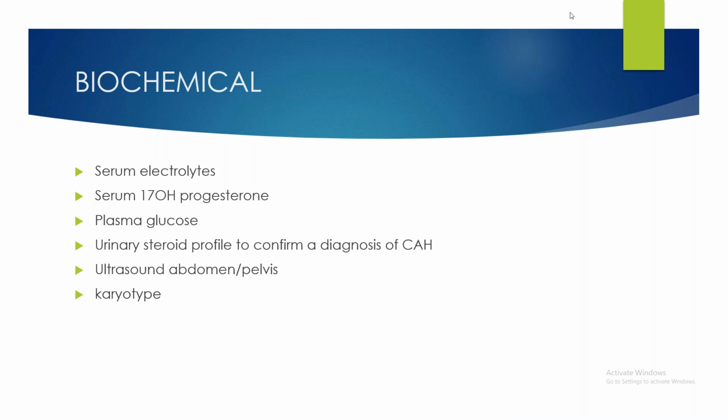Do the ultrasound. Ultrasound of abdomen and pelvis is very important because you first have to establish the presence of internal genitalia. You have to see whether the uterus is present or not, and whether testes are present in the undescended testes, and ovaries. So we have to see exactly which internal genitalia are there, whether it is male type or female type. And then if it does not correspond to that gender, you have to do the karyotype. So this is regarding the infancy presentation.